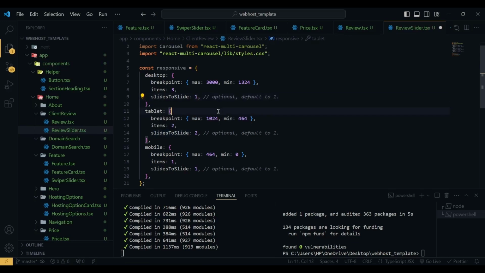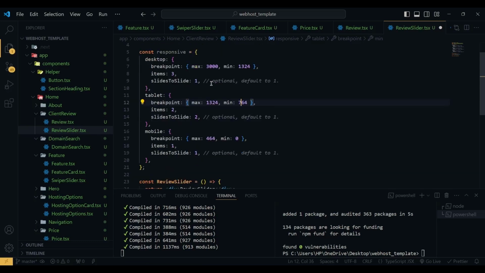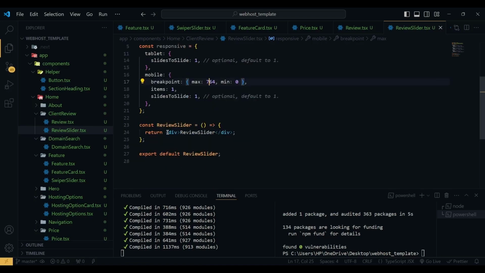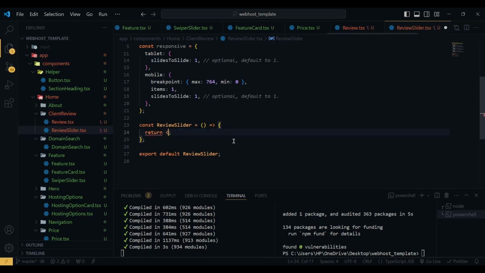And then for the tablet, here we are going to use 1324 and the min will be 764, and the items will be 2 and slides to slide will be 1, and here it will be 764 and min will be 0, items will be 1, and slides to slide will be 1. So that's it. Now here instead of this div we are going to use carousel,